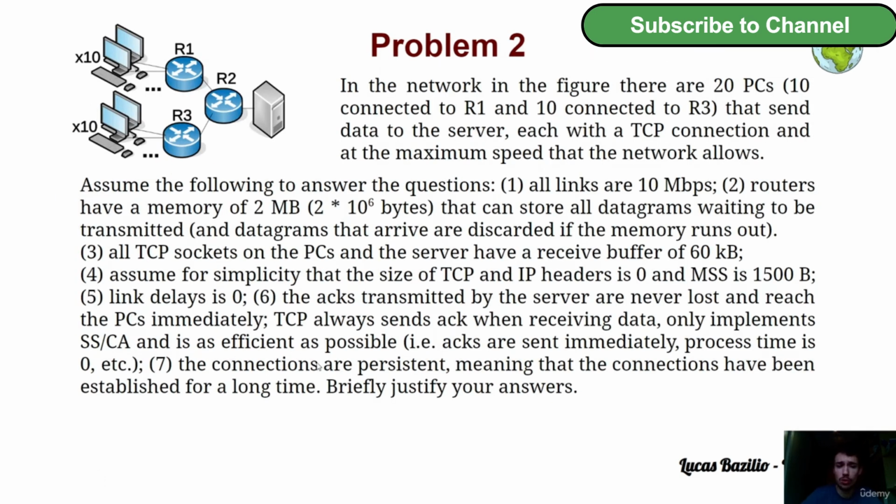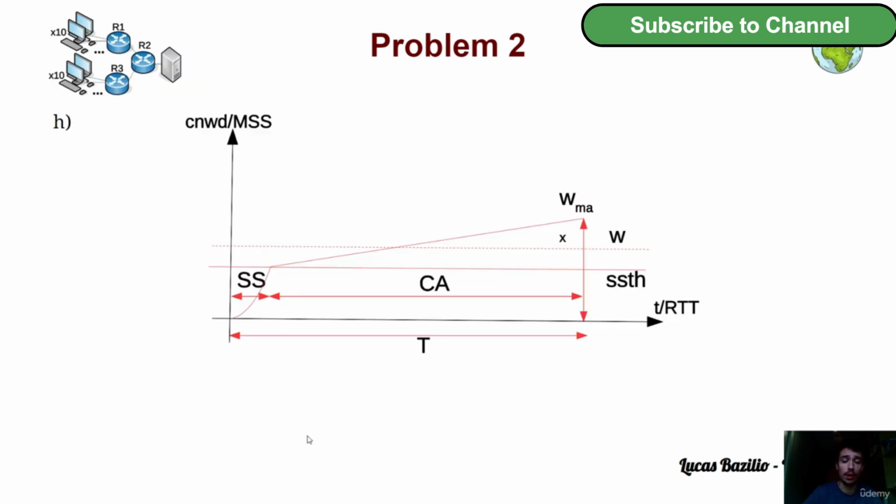Very well. So for this question, it's very important to remember what we did at the very beginning of the problem, when we introduced the problem, remember the assumption 6. The acknowledgements transmitted by the server are never lost and reach the PCs immediately. Also, TCP always sends the acknowledgement when receiving the data, and it only implements this algorithm of slow start and congestion avoidance, and it is as efficient as possible. Very well. So with these assumptions, we can sketch already the evolution of the congestion window as we evolve